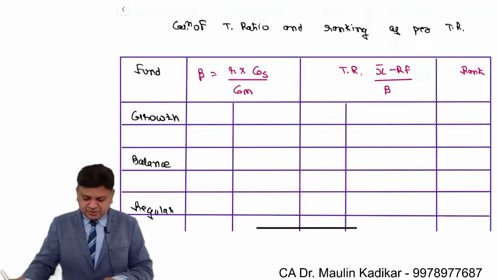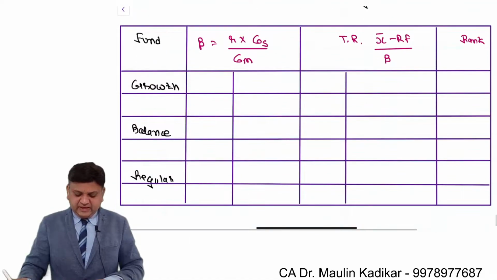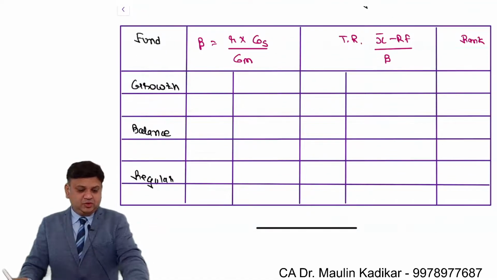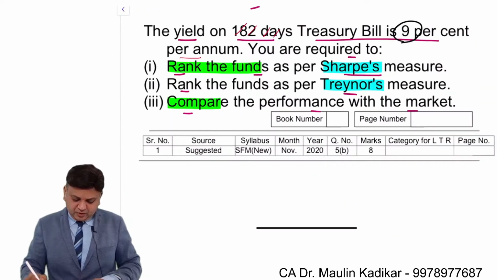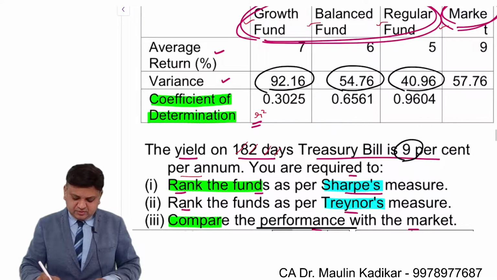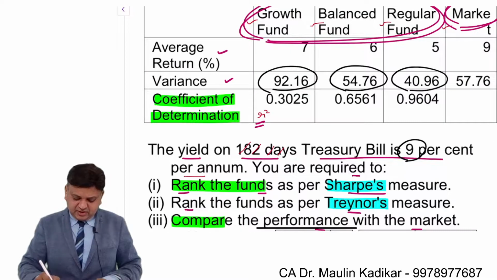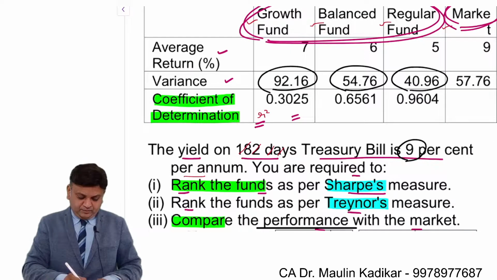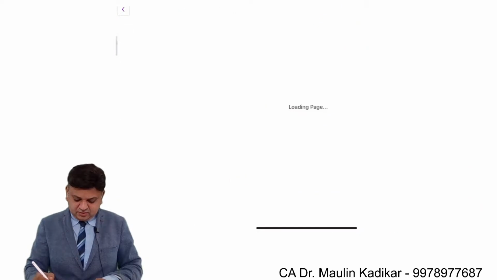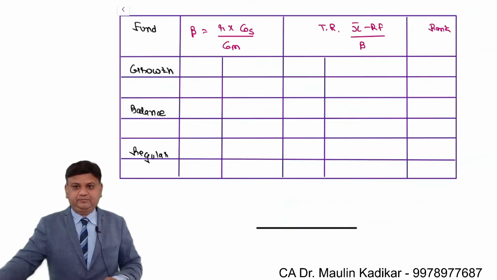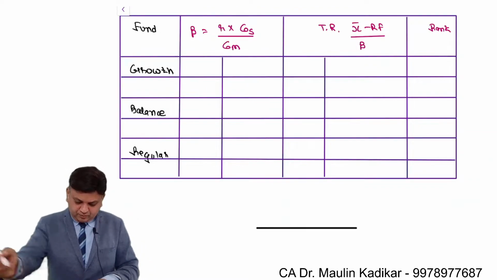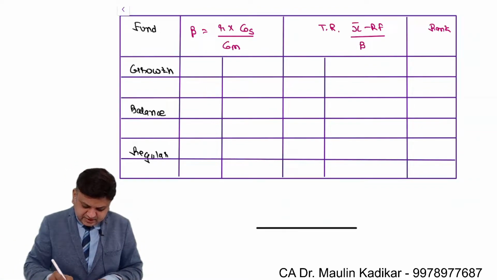So for beta calculation, the formula is R. So we have been provided with the information about the coefficient of determination, that is R square. However, we require R. So what we have to do is take the square root of R square. So we understand it is the square root of